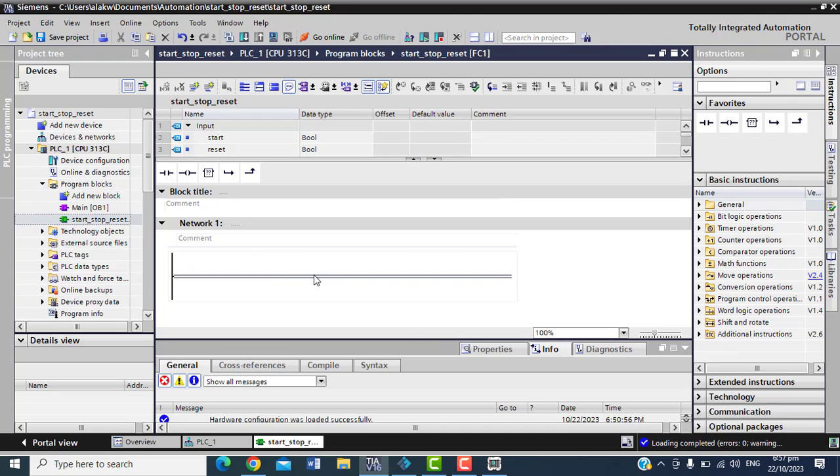So what we are going to do here is, if I come here and press this, I want to start the programming. For this programming, I want to do start light first of all. So if you come here, this is your start light network. For my start light network, I want the solution to be that if you press the button, right? And they call this a normally open contact.